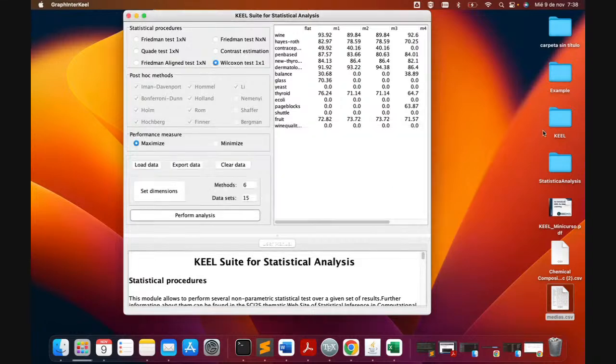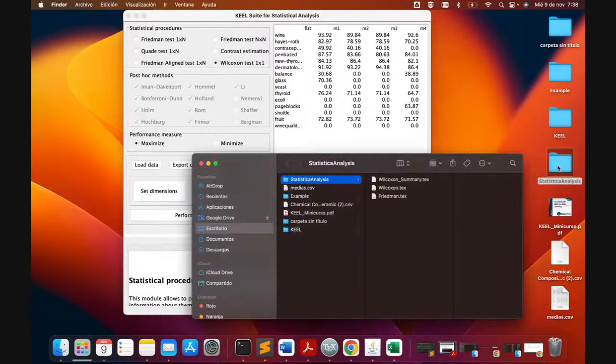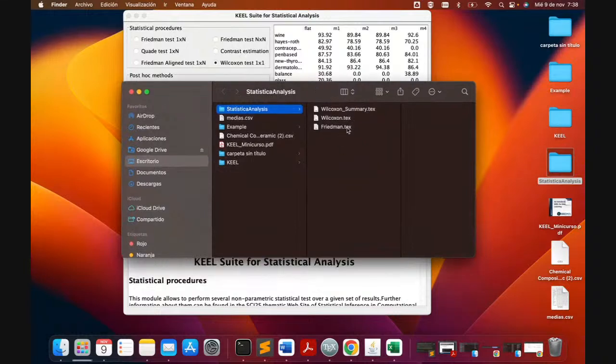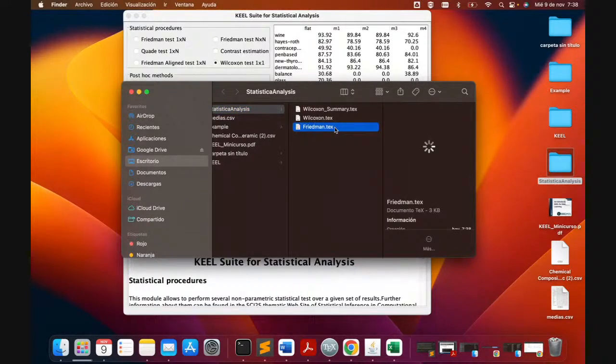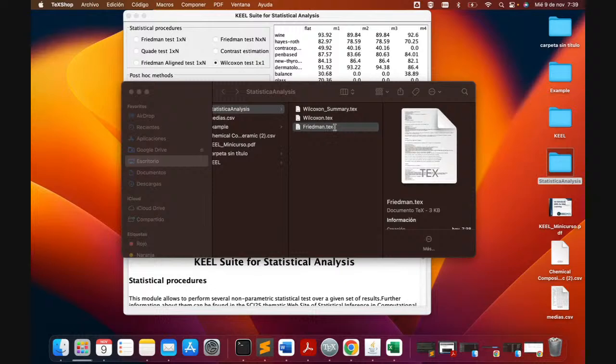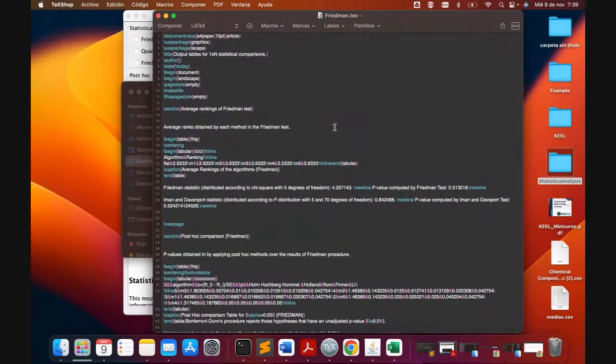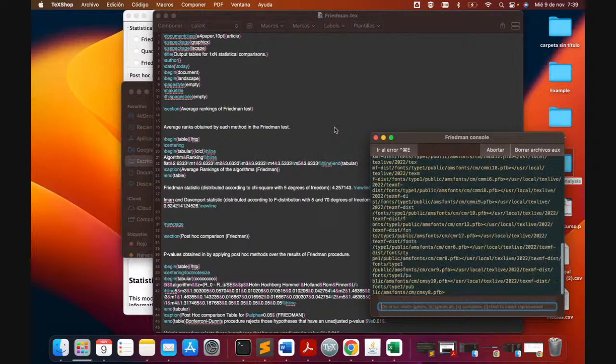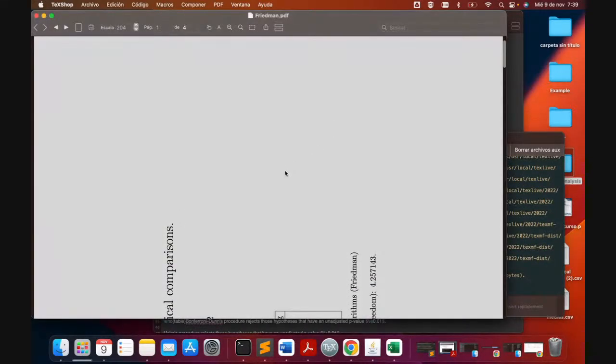Okay, I open this file, and for example, you can see that KEEL creates text files. In this case, we can open it, we can execute it, and we have